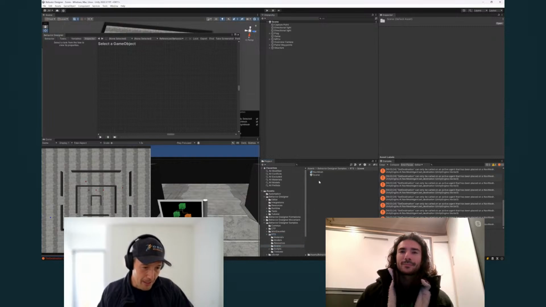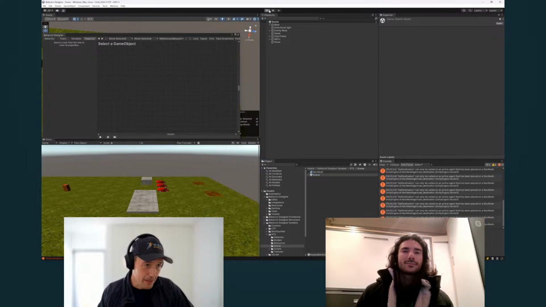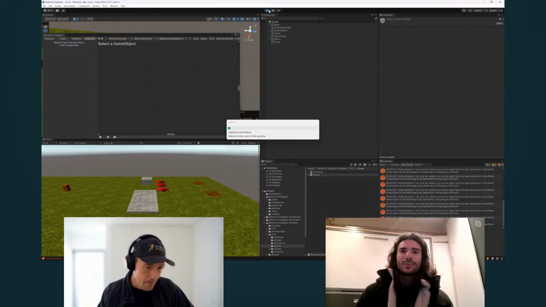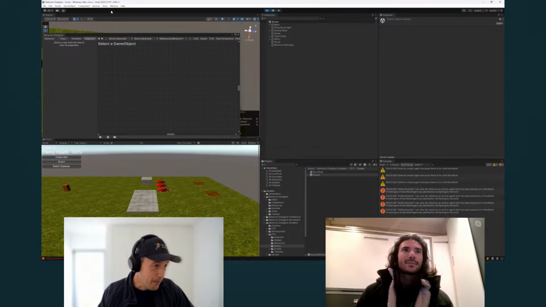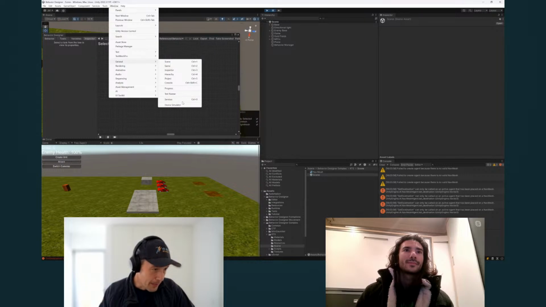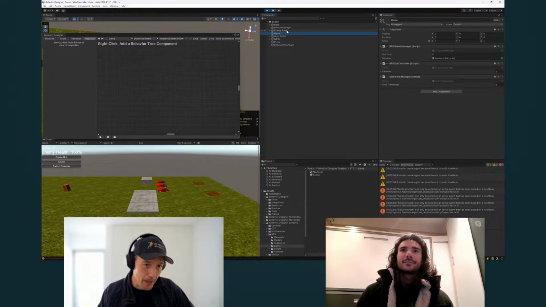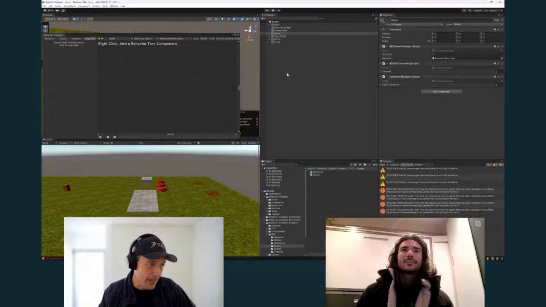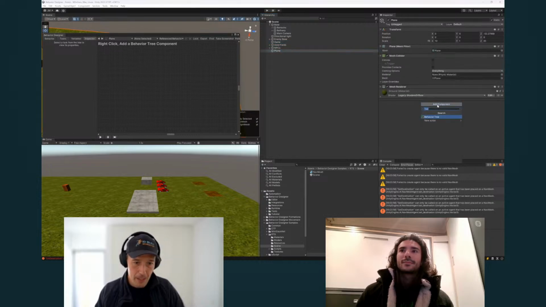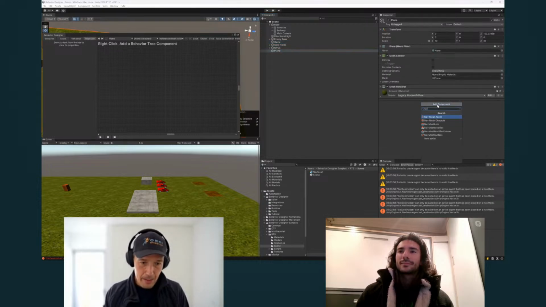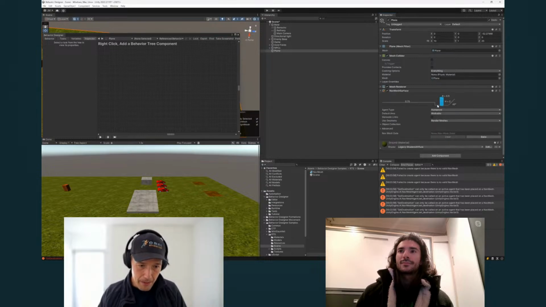Let's see if this RTS scene will work. I don't have this nav mesh baked either, probably. This guy has the same problem, probably. Yeah, okay, wait. I know Unity switched up their nav mesh. What's probably happening is that I'm using a newer Unity version, where they switched their nav mesh package to the packages version, and this was using the baked in version. So now I need to set that up again. Let me just go ahead and add a nav mesh surface, and bake that real quick. Okay, so now